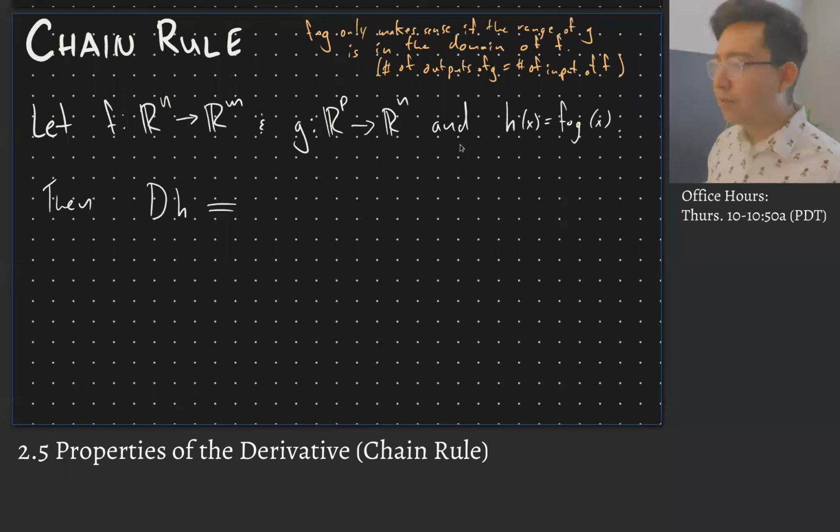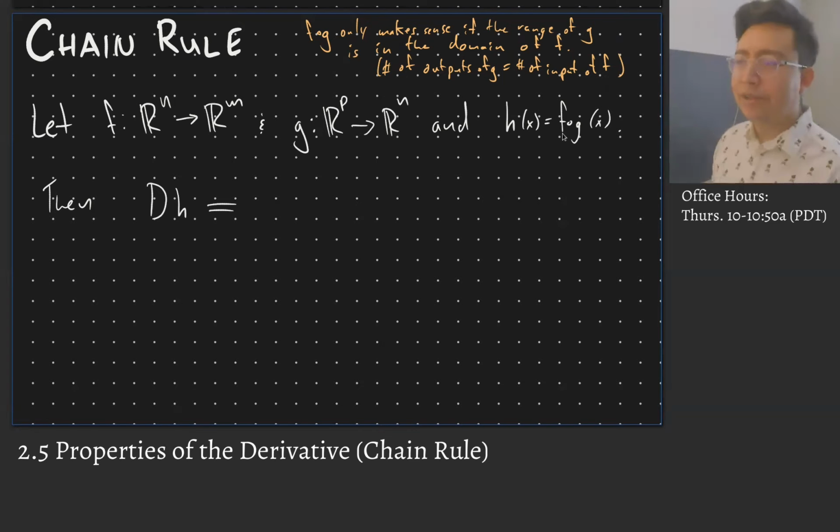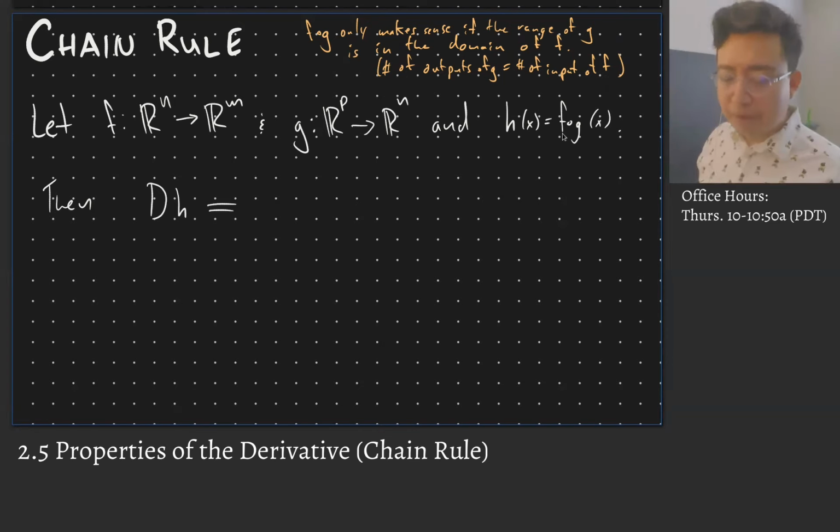What happens when we take the derivative of that composition, the total derivative of that composition? So you might remember the basic product rule, the single variable product rule. And this is going to be analogous to that, but I think it takes a minute to figure out how this is analogous to that. And since the derivatives of these functions are matrices, right? If you remember your formula for the